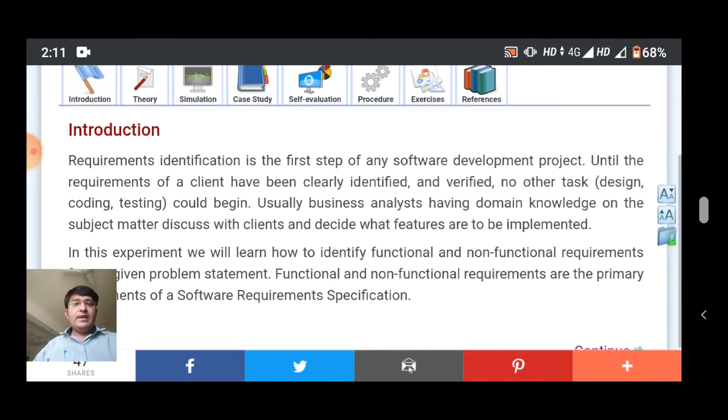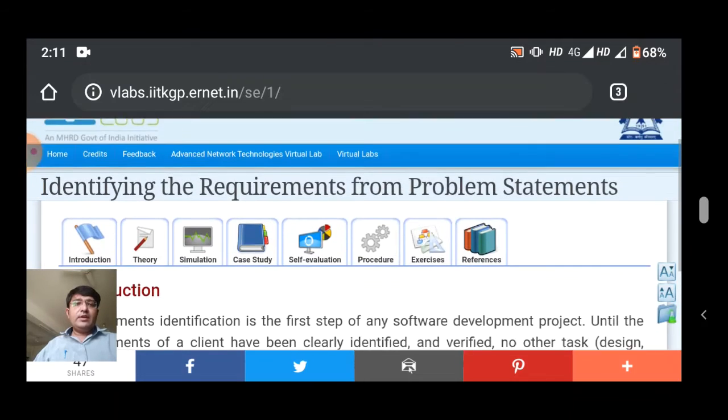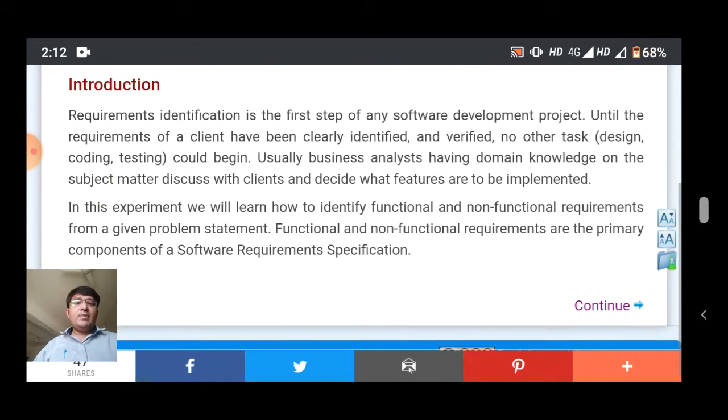So what do you mean by requirement specification? First of all, requirement identification is the first step for a software development project, until the requirements of the client have been clearly identified and verified. No other task, meaning designing, coding, testing, could begin.